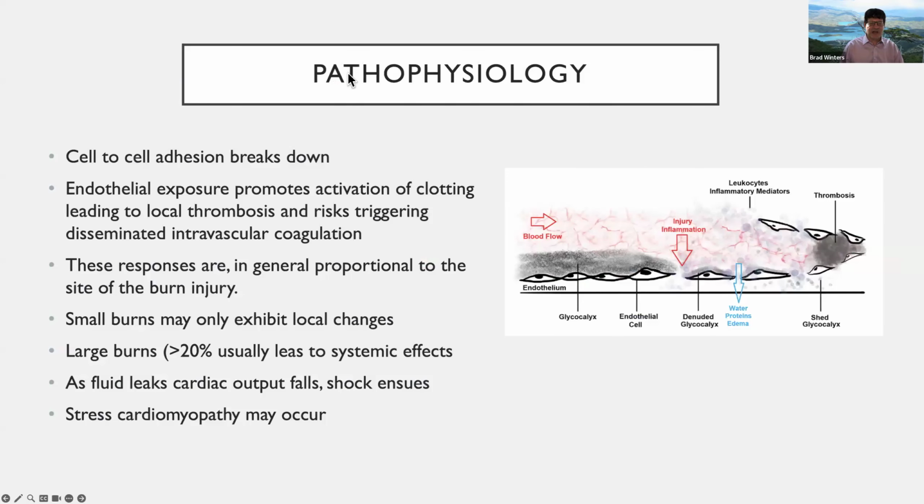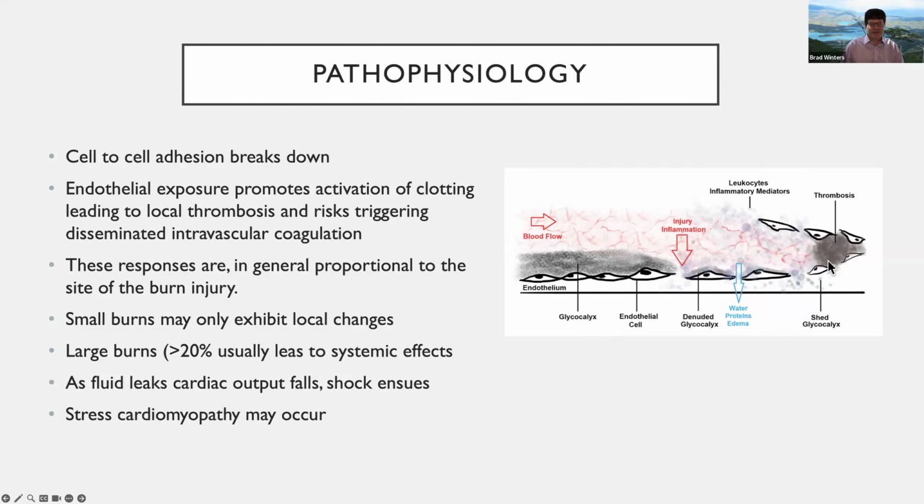A little bit more about pathophysiology. As I said, cell-to-cell adhesion breaks down, get huge gaps. The other thing that tends to occur is because of the actual thermal injury, blood vessels thrombose, as you can see in this picture. They basically just clot off, which devitalizes the tissue even more. The endothelial cells lose their glycocalyx, which is the outer carbohydrate protein moieties that the cells communicate through to components in the bloodstream, and this can lead to cellular dysfunction and cellular loss.